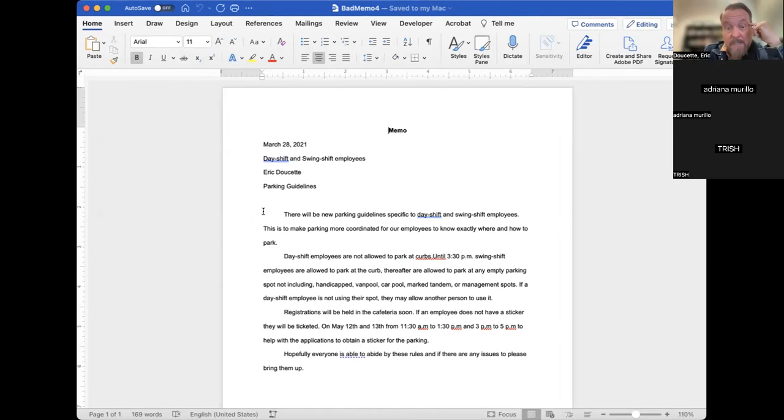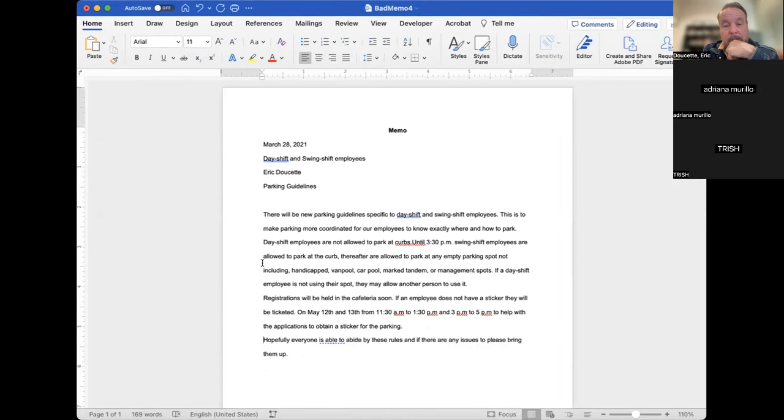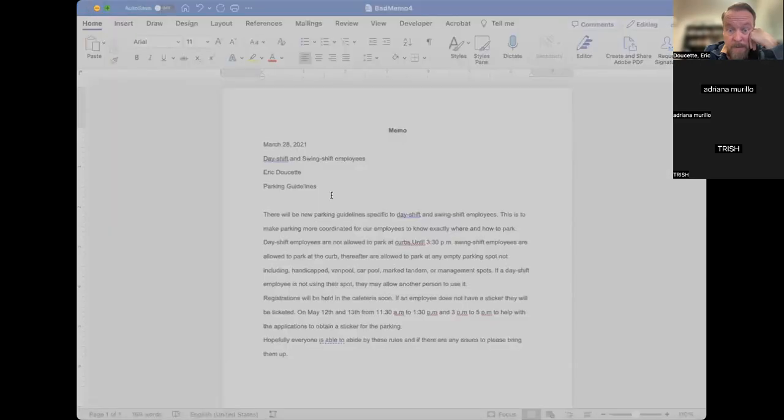And here's another one I didn't mention. I should have mentioned this in the list, is no indents. See this indent? That is a no-no in business writing. There should be no indents. That is a big no-no. I should have put that in the list. I might go back and add that. But anyway, they have double-spaced paragraphs, and they had indents, but they had no space between the paragraphs. Again, didn't use any design elements to improve the readability.